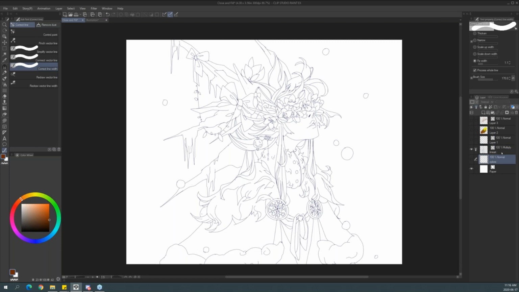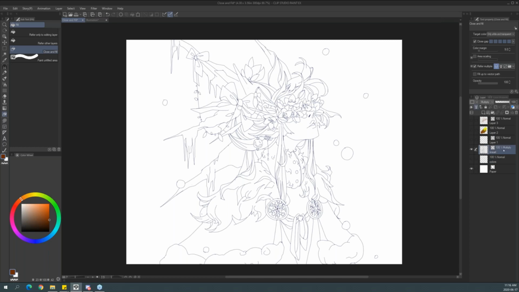And another really great thing about it is also filling flats. In animation, you would constantly have to fill colors. And I know that many people will use the paint bucket tool or whatnot, but in Clip Studio Paint, there's something called close and fill. It was originally designed for comic book artists who need to do a lot of flats, but at the same time, it applies to animation as well. I will actually demonstrate to you later on how fast it is to be able to fill colors in a sequence. But right now, to quickly break it down a little bit,